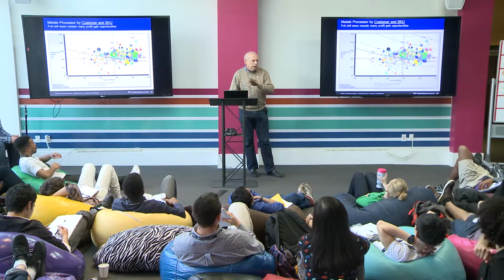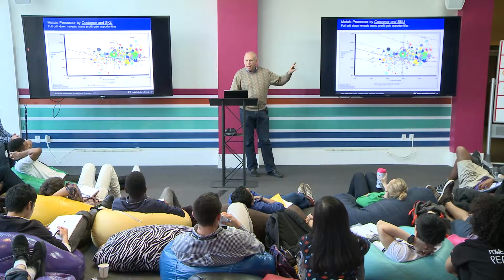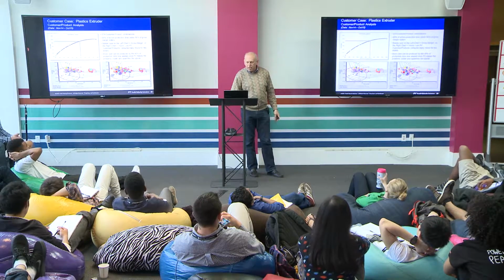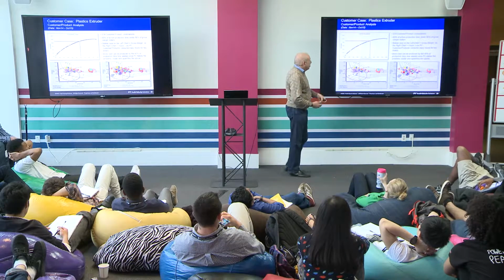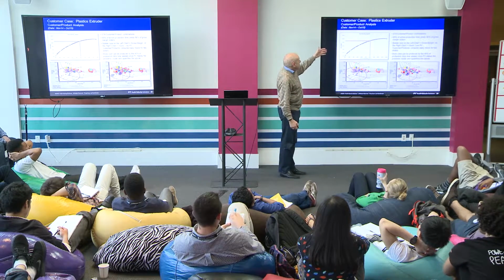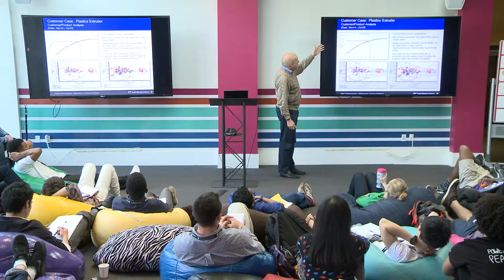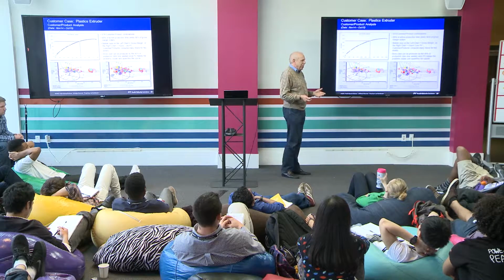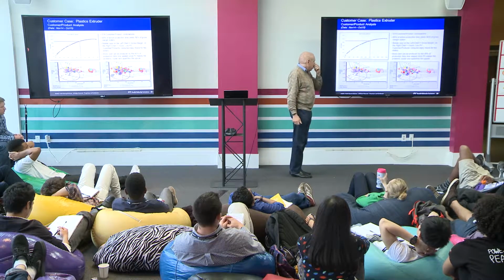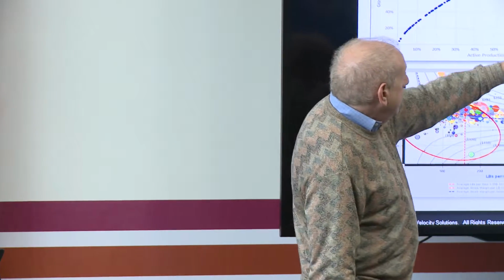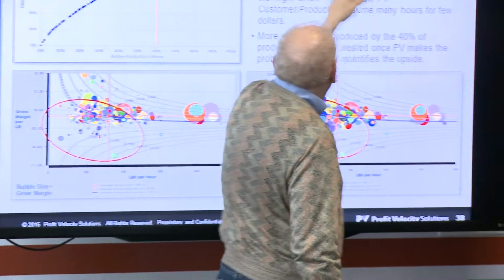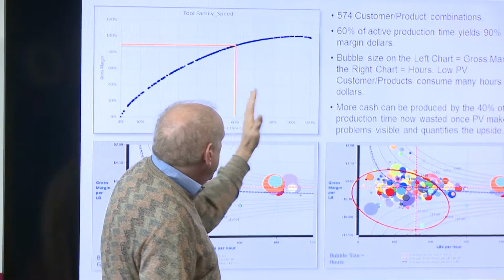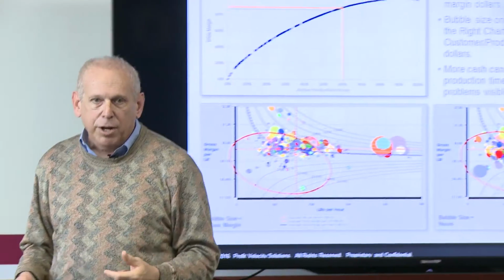So we've done lots of companies now, and basically, I don't care how well they're run, they always look like this when you flip it on. And I bring all this stuff together. Here's a company, I just went to the presentation last week. They are a plastics extruder. They make, I don't know, 4,000 or 5,000 different shapes of some kind of plastic part used in building products. They make 90% of their margin in 60% of their time. So they're only getting 10% more money out of the last 40% of their active production time.